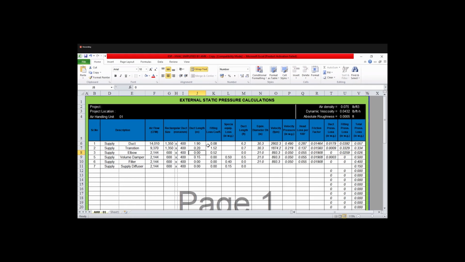I am showing you how to calculate step by step. It's a very time taking process. Okay, you just carry on. There are a lot of methods like static regain method, velocity method, head loss method, each and everything. How can we show all in only one class? We have to go step by step, no? So please stop interrupting, otherwise you take the class. Go ahead, sir. Go ahead.